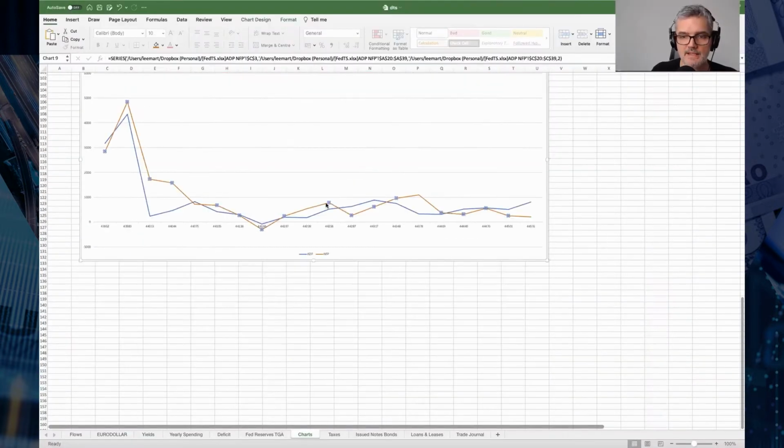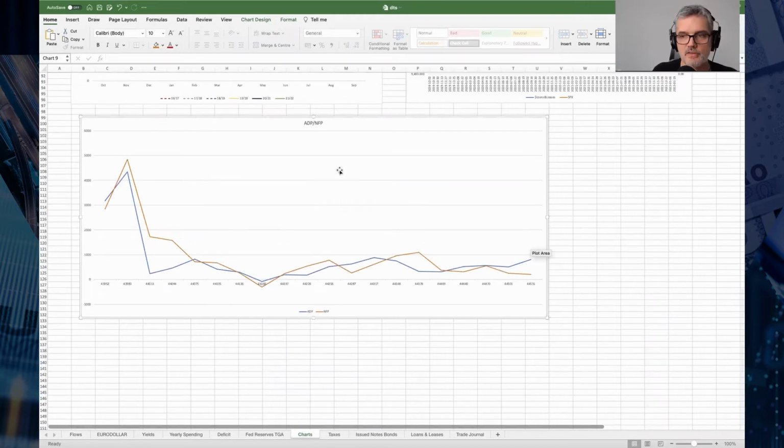Just moving over to Excel, here is a chart of the ADP number versus the NFP number. And we've started from after the pandemic. So we had a big rise in employment numbers, and then we had a big drop down towards normal levels. So now we can sort of see how the ADP and NFP correlate or have some sort of relationship. And I think it's quite easy to see with this data that they don't match each other step for step, but they do follow a similar trend.